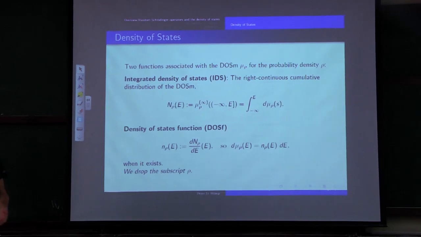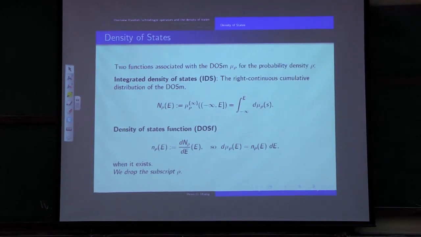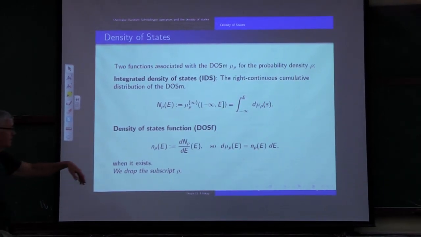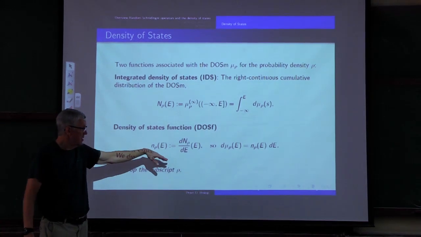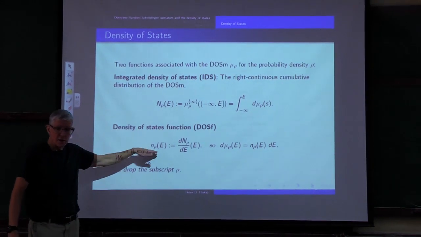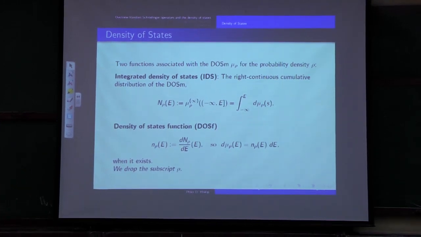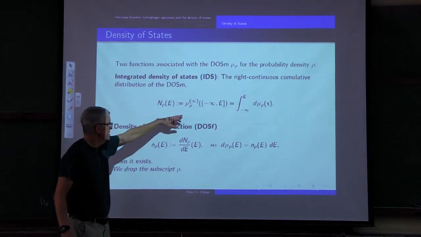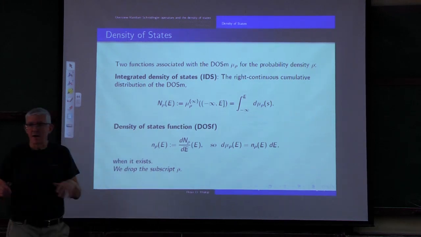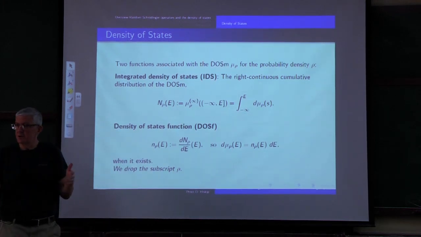And then when the derivative of that exists in an appropriate sense, that gives rise to something called the density of states function. For many of the models I'm talking about, that function exists, at least locally, as a locally bounded or locally L1 function. The single site density rho is not going to play much of a role here, so I'll drop that